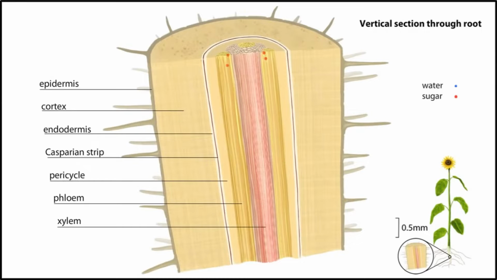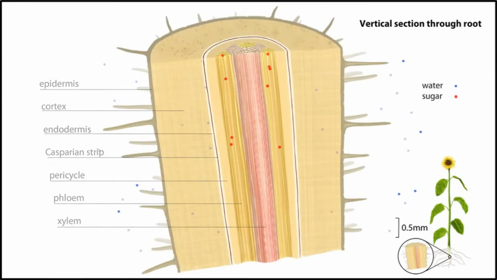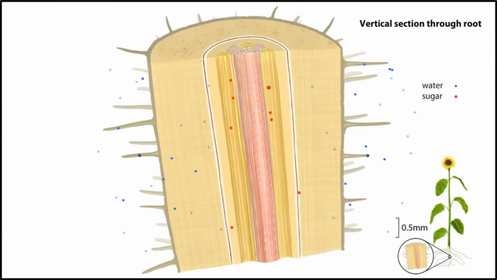Root hair cells are single tubular root cells. Their distinctive lateral elongation increases the surface of exchange between the plant's root system and the soil, and the cell membrane of the root hair cell is selectively permeable. Water enters through the root hair cells via osmosis down the water potential gradient through the selectively permeable cell surface